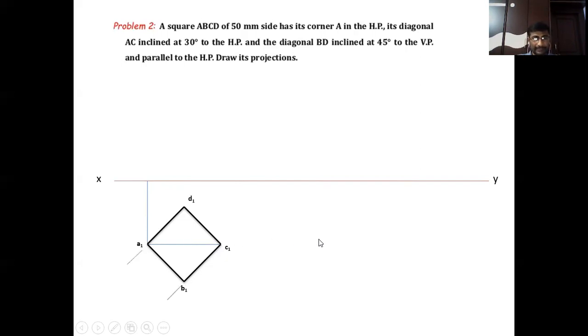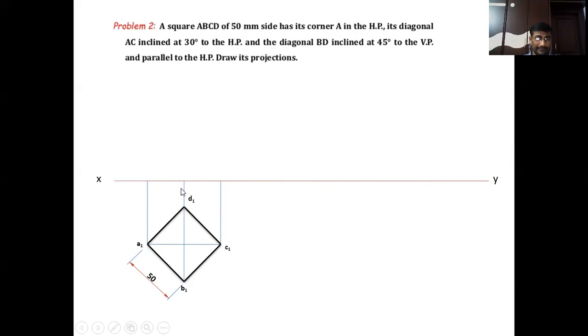Then these are the dimensions. After getting the square, this represents the dimension. This is the 50 mm of the side. These are the two extension lines, and the red line is the dimension line. The line length A1, B1 is 50 mm. Clear, students? Then we will draw the projectors from each point of the top view, from A1, from B1, D1